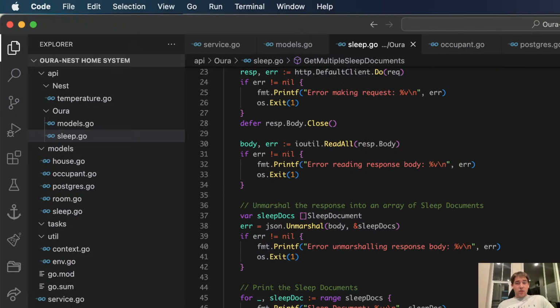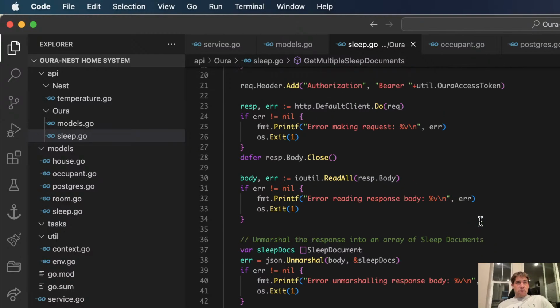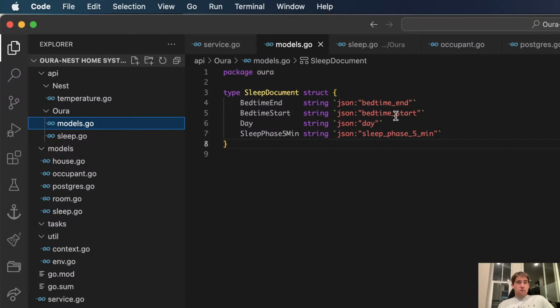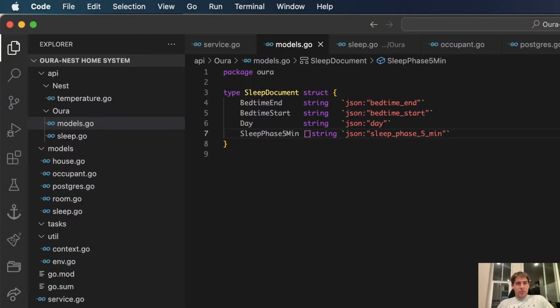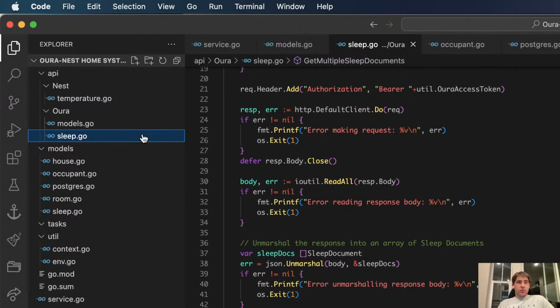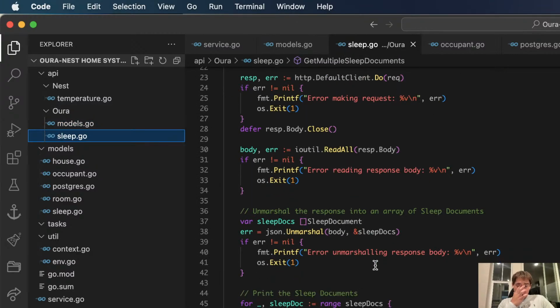JSON cannot marshal or dot sleep. Okay. Is it possible this is the problem? Because I just don't think that would be it. No, I didn't think so. I am being such an idiot. Alright, let me look at another way to do this.